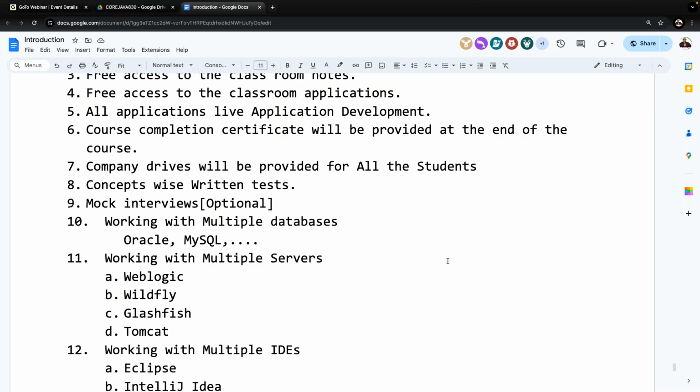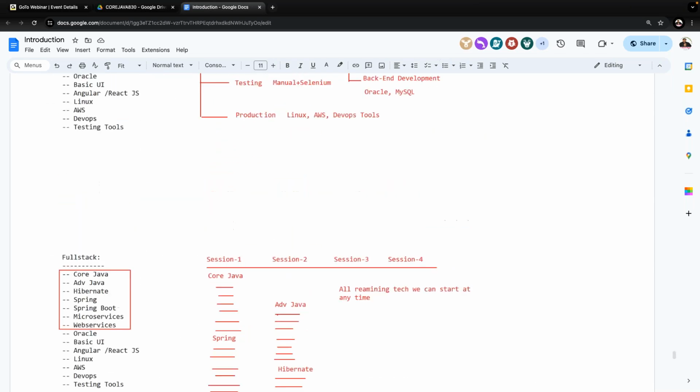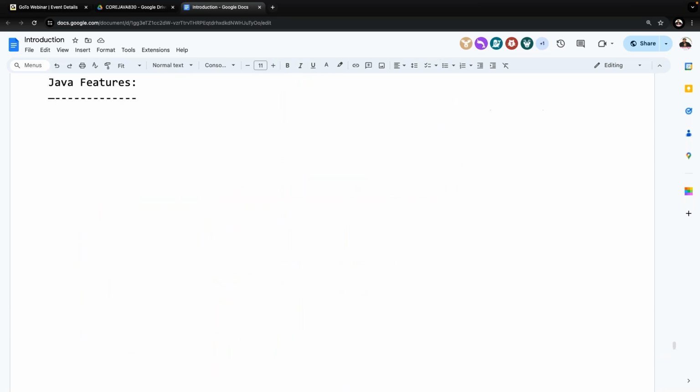The next topic is Java features. For example, I want to take a new mobile phone. Tell me which one is the best mobile phone nowadays?